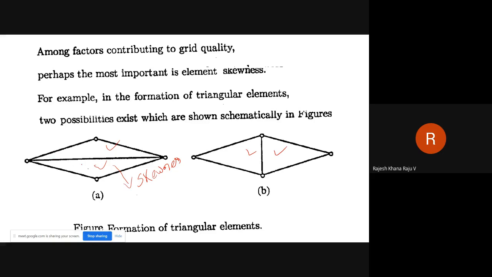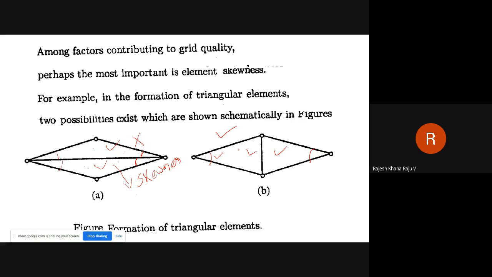That means if you have a situation like this, 2 triangles adjacent to each other will create a situation where the minimum angle out of these triangles is less than the minimum angle created by these triangles. So here the minimum angle is a little bit on a higher side compared to the minimum angle in this case. So out of these 2 possible ways of creating triangles from the same 4 grid points, this sort of situation should be avoided. This should be the real way of creating the triangles.